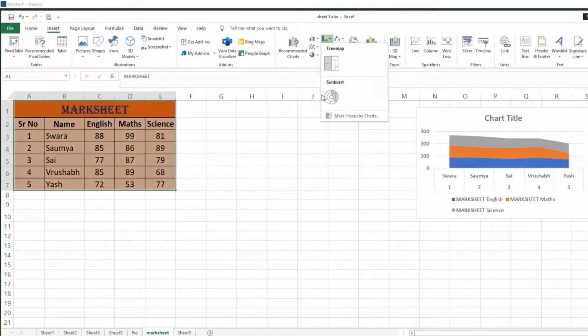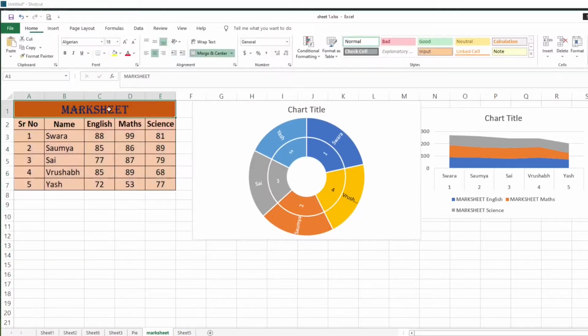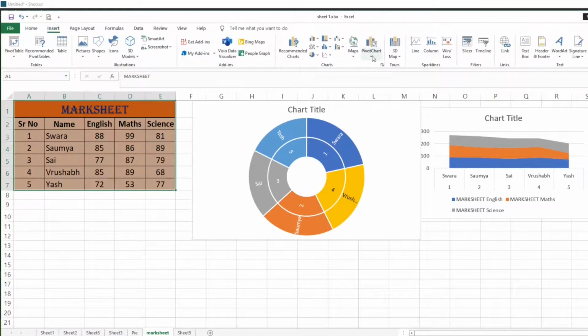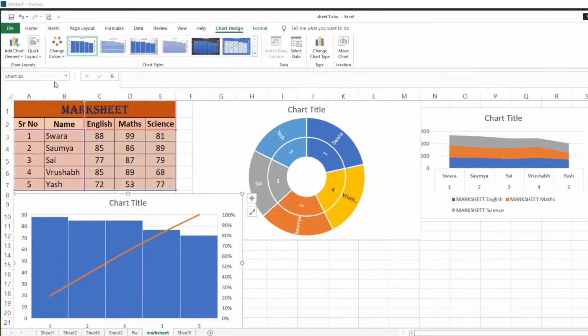This is sunburst. Next, to insert every chart we have to select our data every time. This is histogram. We will place these one by one.